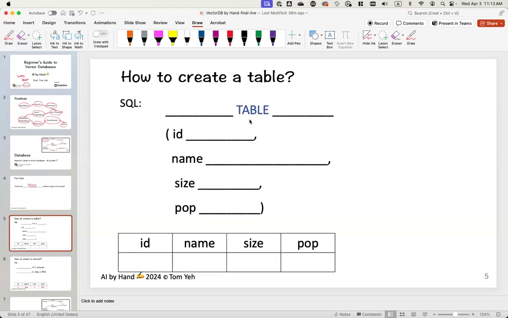And we have lots of these facts about animals. Suppose we'd like to create a database and we can use SQL. SQL is one of the most common programming languages for interacting with a database. First, we want to create a table, and for those of you who are familiar with SQL, this could be a review. How do we create a table? How do we write the SQL? What's the command for creating a table? The hint is in the sentence: create. So we do create